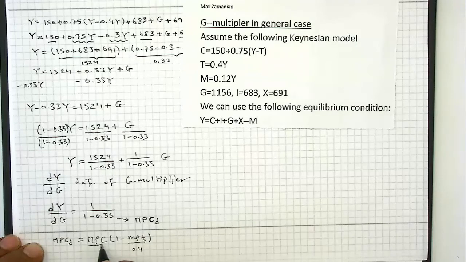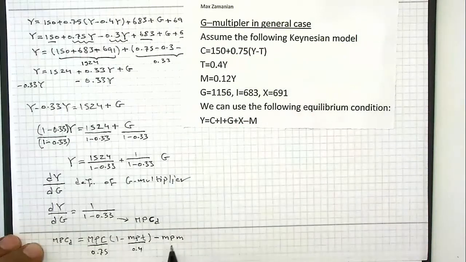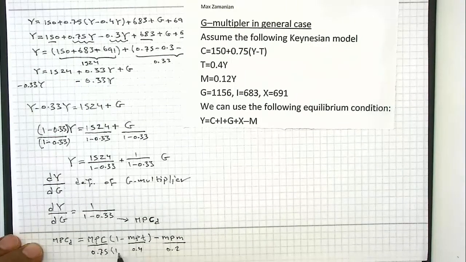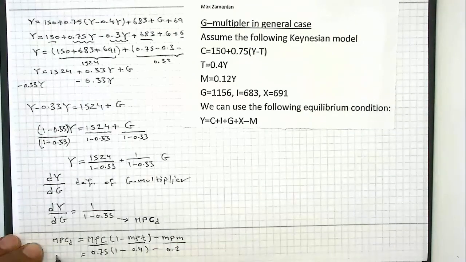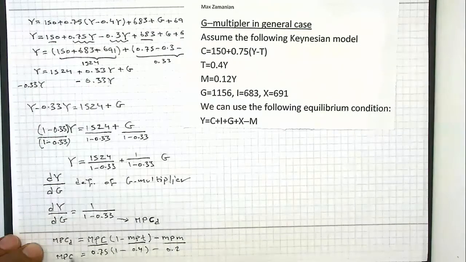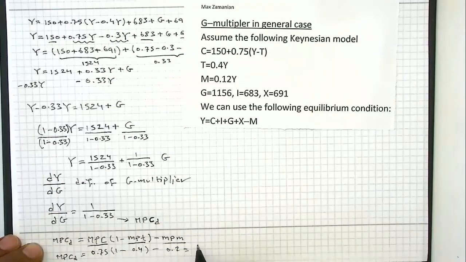And this is 0.75. Let's carry out here. So this term, minus marginal propensity to import, comes from here. If you do this calculation, 1 minus this minus this, so your marginal propensity to consume domestically will be equal to